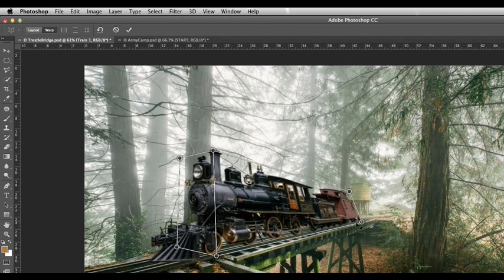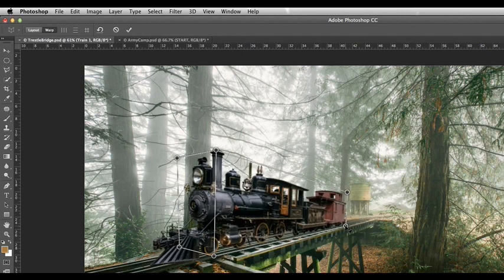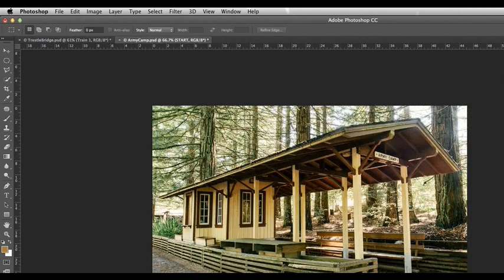I can do all sorts of things here with it, but I want to keep it looking as realistic as possible. So there we go. I can actually take it in there without distorting it and make it look like it really is part of that image. The other thing that you can do is, if I come into the smart filters on this shot here, and double click on the perspective warp,